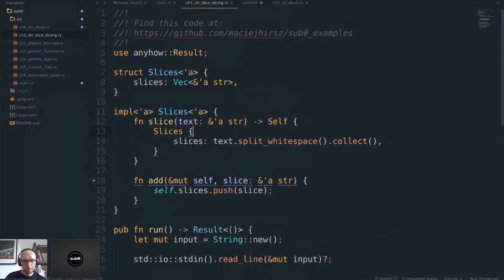And what I do here is I take my text, which is my string slice. I call split whitespace, which is an iterator provided by the standard library. And then I call collect, which is also a method on all iterators that will turn my iterator of string slices into